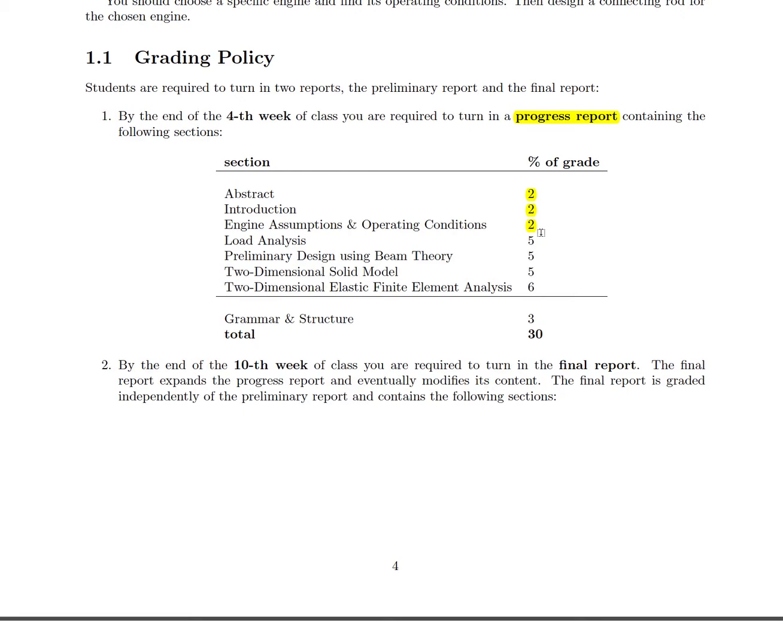So you'll do some search on the internet and going to the library, and then finding out the different engines and different configurations for these engines in terms of the horsepower and the torque and the size of the pistons and the connecting rod and the materials, and then you'll report on that here. Then you will do a load analysis, and the load analysis will be based on beam